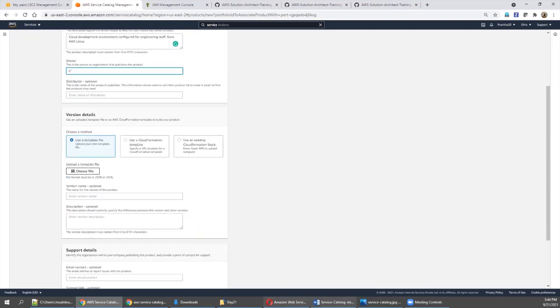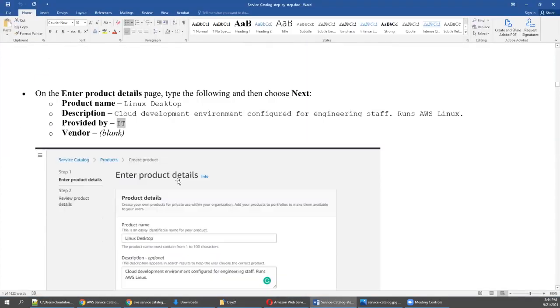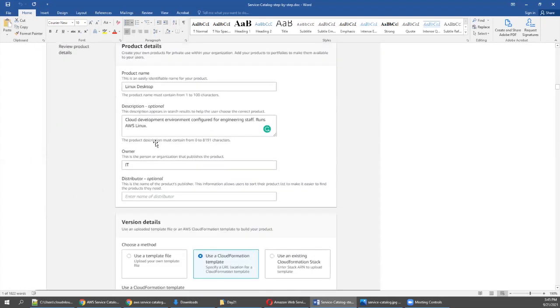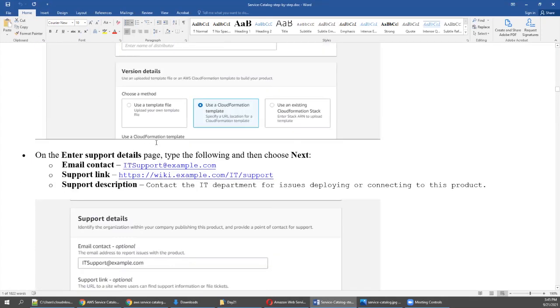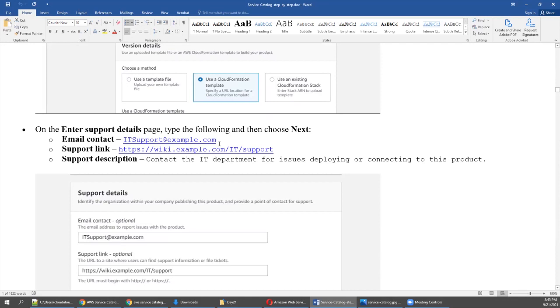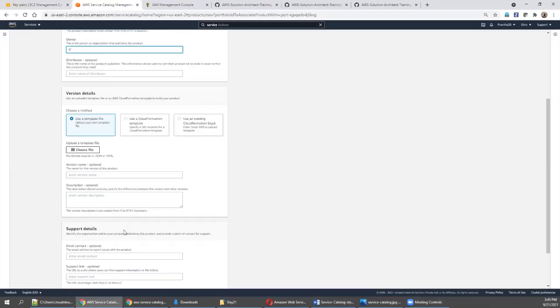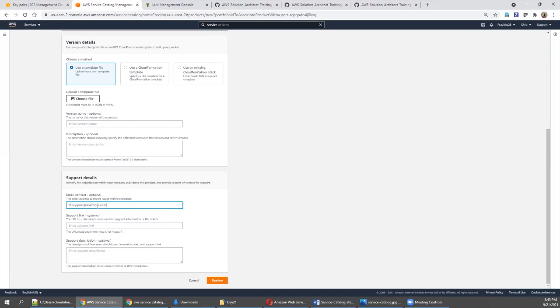Come down, and the next section is whatever we selected; exactly that I placed in the screenshot here. So enter support details. Copy this mail ID. This is just an example, you can replace it with your actual values. For support, I'm going to give a support mail ID and support link.